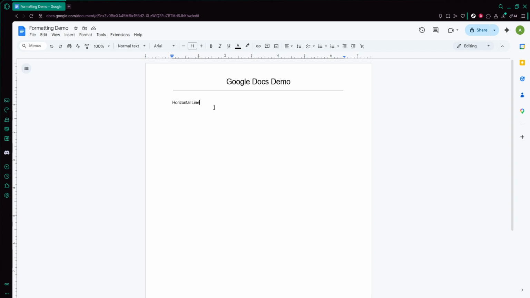Now place your cursor where you want the horizontal line to appear. This is important because Google Docs will insert the line exactly at the position of your blinking cursor. If you want the line between two paragraphs, click at the end of the first paragraph and press Enter to create a blank line, then click in that empty space. If you want the line at the top or bottom of the page, just click in that spot in the